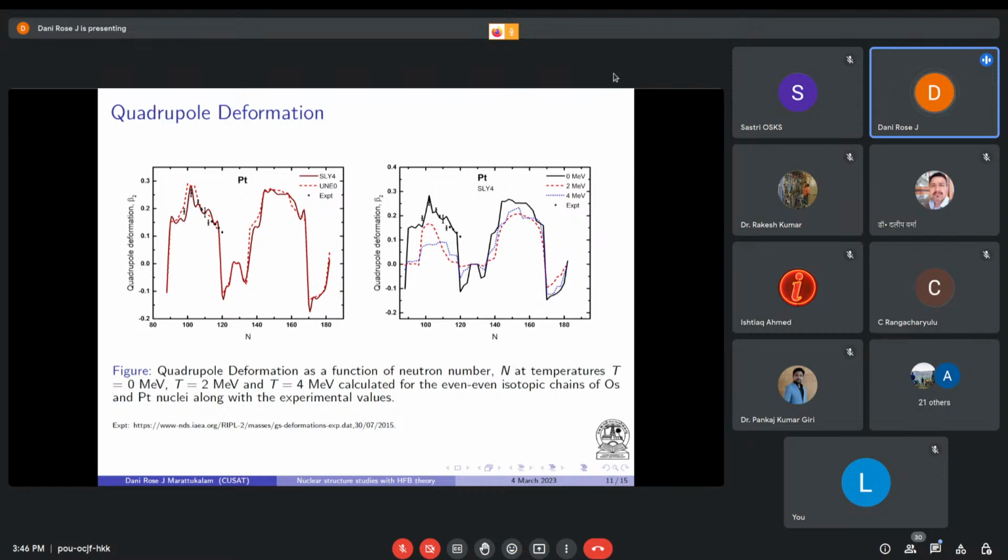They tend to oscillate between prolate and oblate shape. Also, interestingly, as the temperature is increased, the neutrons tend to be more spherical, and the numerical value of the quadrupole deformation, be it prolate or oblate, decreases and moves to 0. That is, as the temperature increases, the nuclei tend to be more spherical.